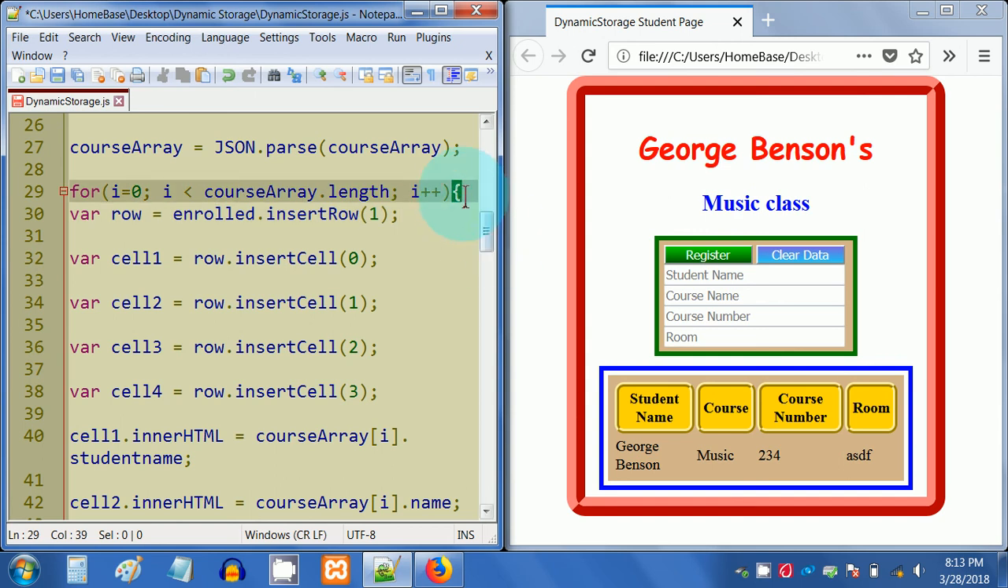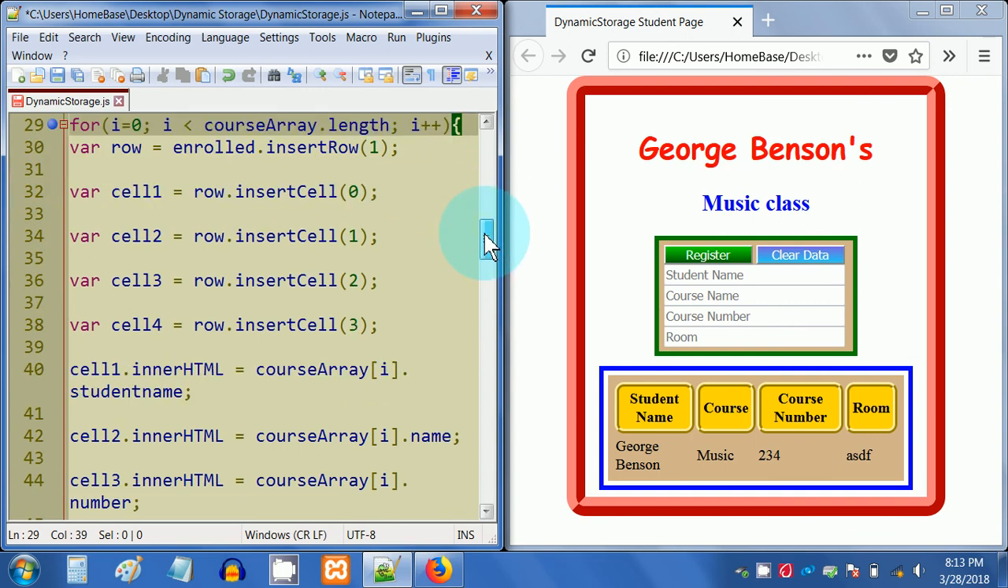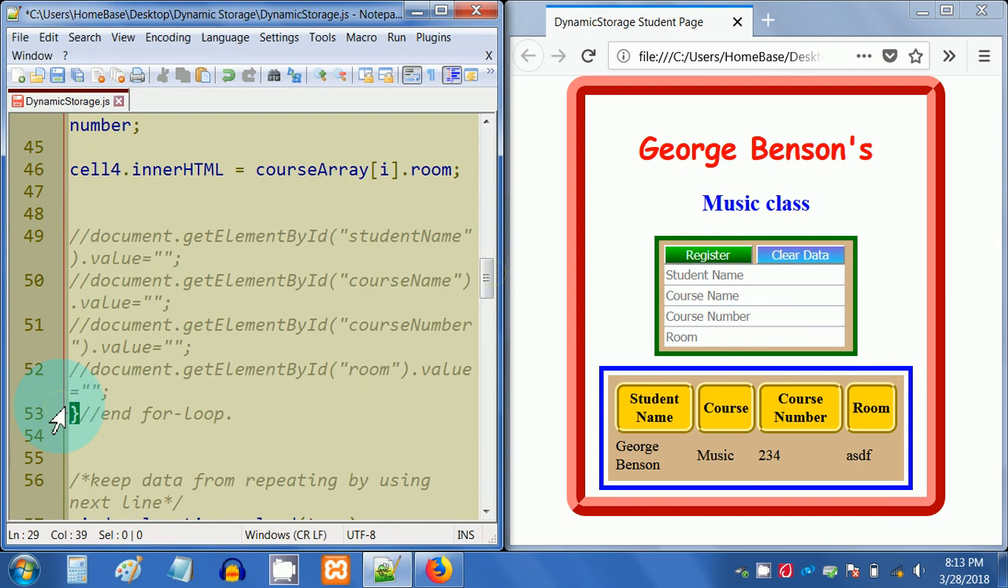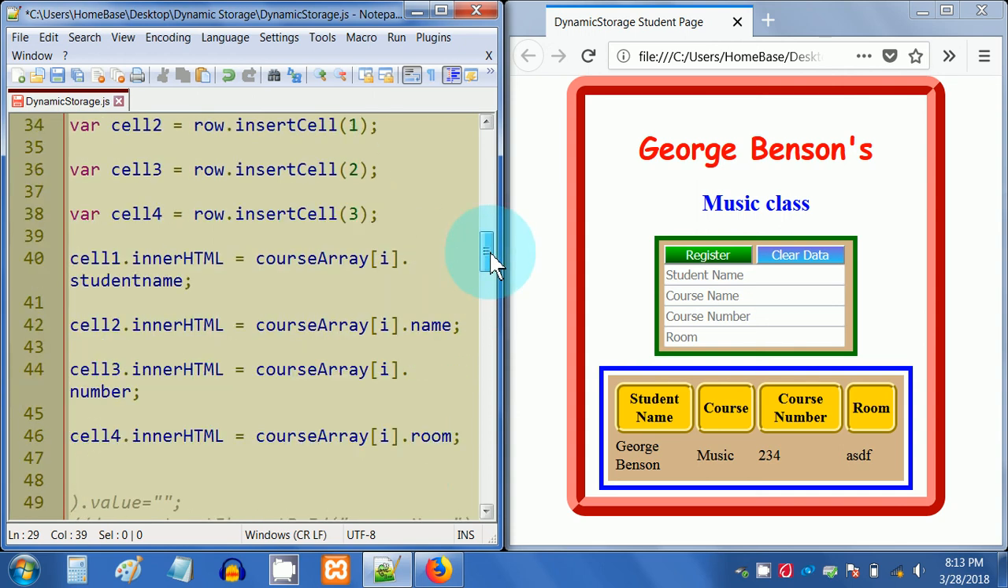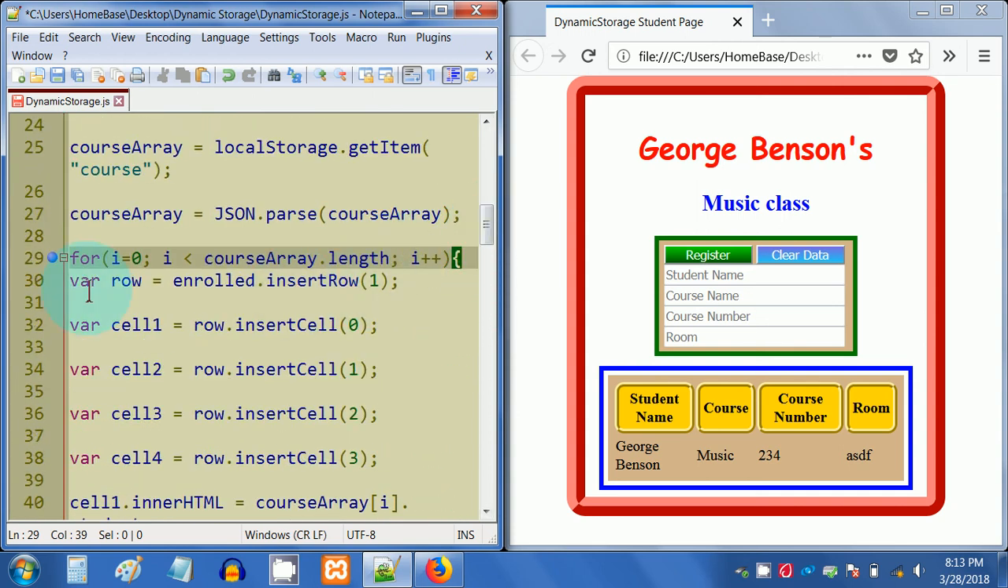Well, the first thing after this opening curly brace, the loop starts on line 29. Here's the opening curly brace. Let's see where the closing one is. All the way on the end of 53, which again, you see a bunch of stuff commented out here, so you don't have to worry about those lines. All right, the first thing in our for loop, we have var row equals enrolled.insertRow(1);